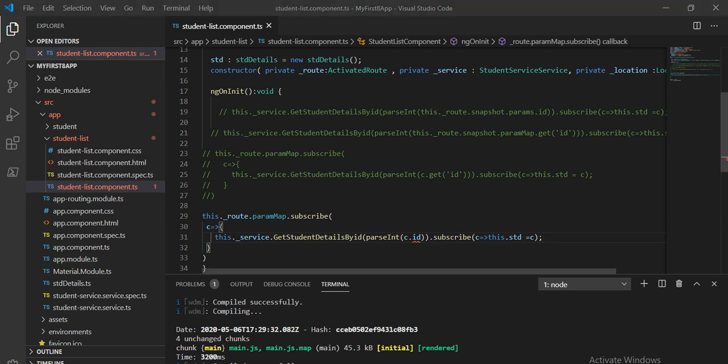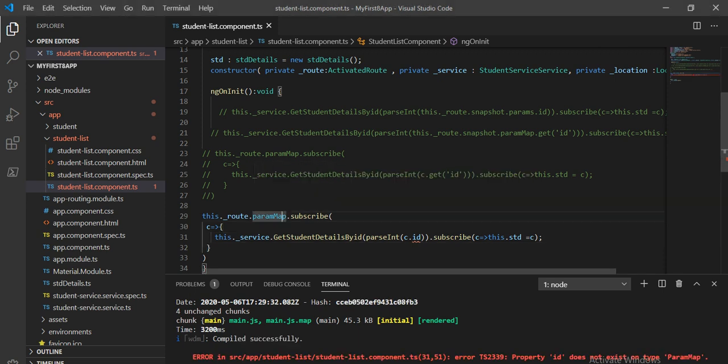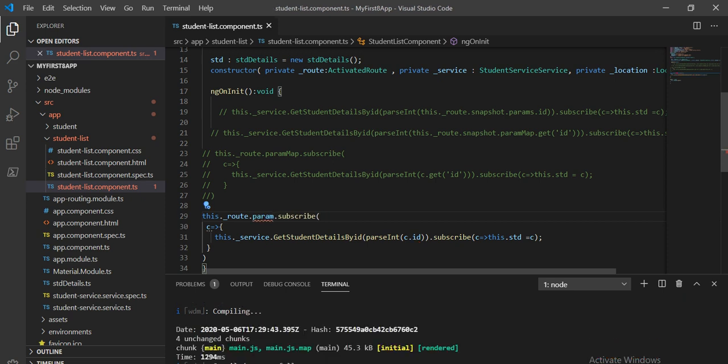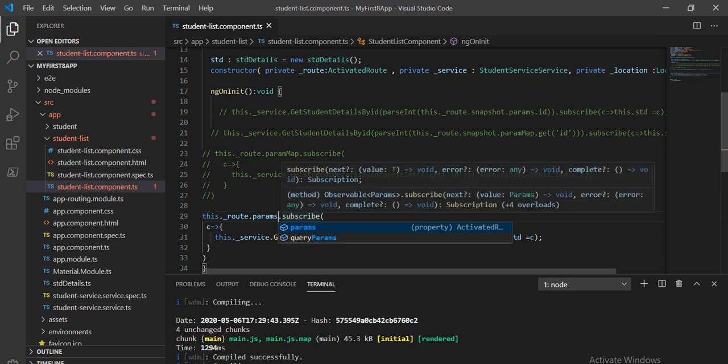If we are going to use only the param, then we have to remove it first. So this dot route dot params and then subscribe.